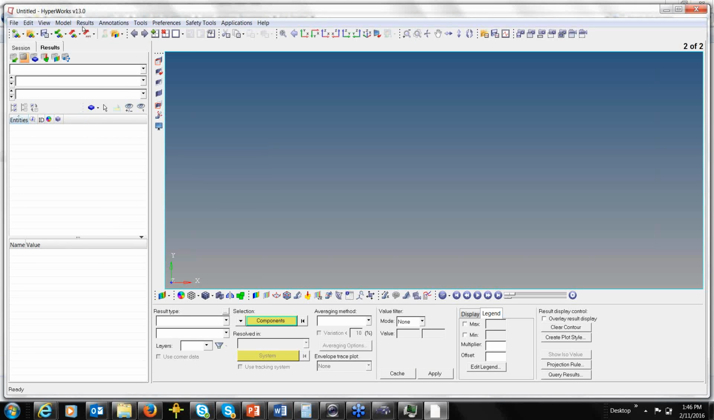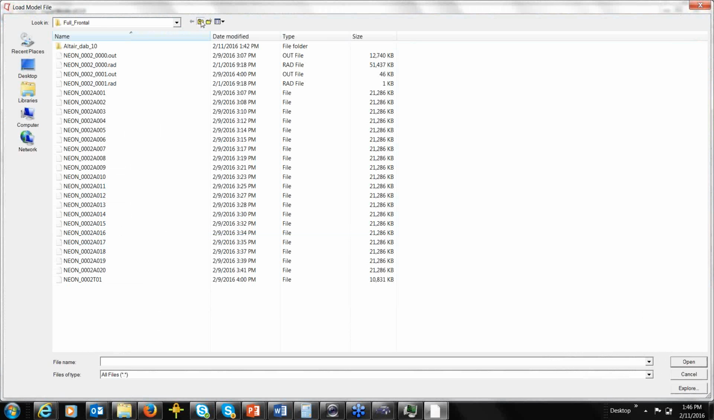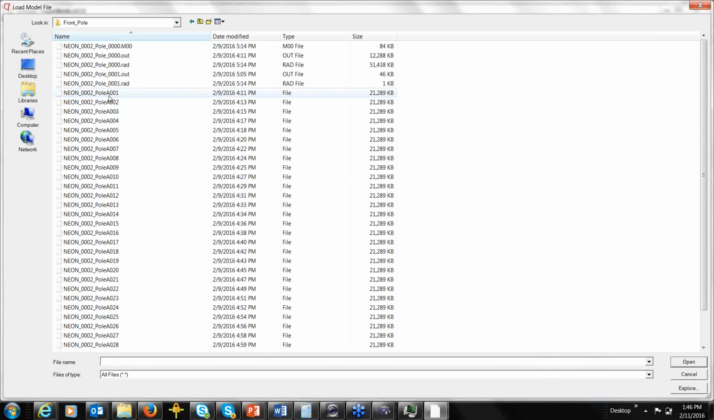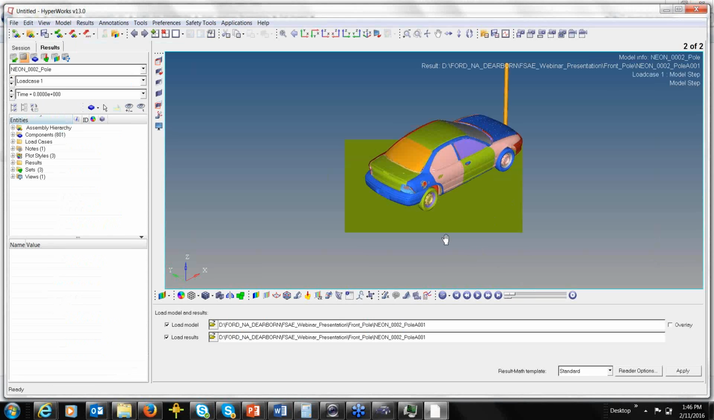I can load. Yes. We do have a couple of questions, and I was just holding them off because I wanted to get through showing the basics of post-processing here. The first question